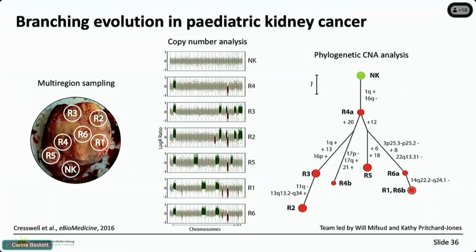So this is an example of a pediatric kidney cancer called Wilms tumor, which my lab is very interested in and I have also been working on in the past. This is an example where we applied multi-region sampling. This is not sequencing, this is SNP arrays that I referred to before, but it measures, again, the copy number profiles of these different chromosomes, where some have a higher copy number and some a lower copy number. And we can bring these different samples together and reconstruct a phylogenetic tree and show that we can also see strong evidence of branching evolution in Wilms tumors too.